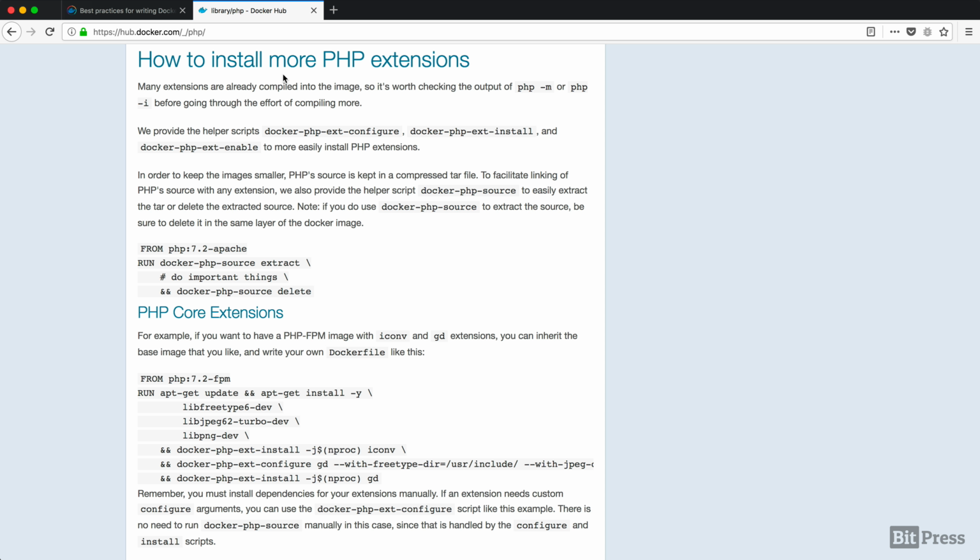In the README on Docker Hub, there's this section on how to install more PHP extensions. And it just says that many of the extensions are already compiled into the image, so it's worth checking it out. And we're going to go through that in a second. And there's some helper scripts here to help us install these extensions. And in order to keep the image smaller, PHP is kept in a compressed tar file. So when you need to install extensions, it'll extract that tar file, copy the extensions that you need, and then